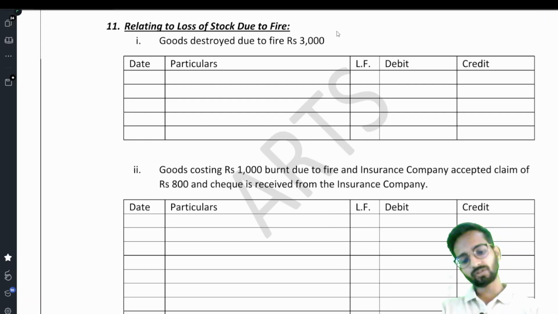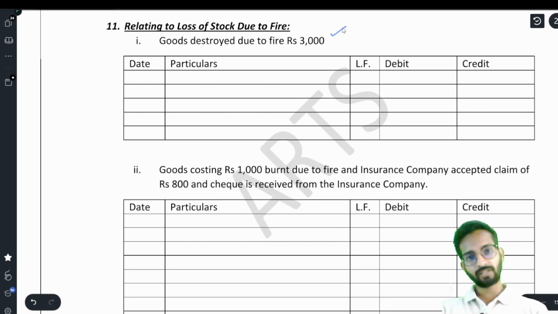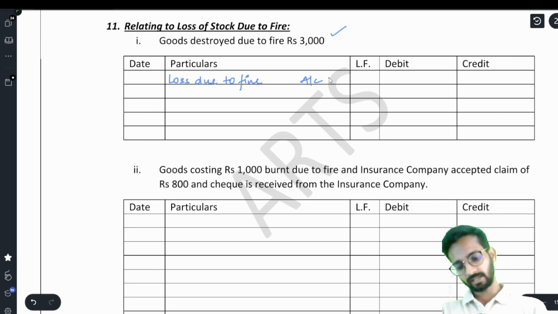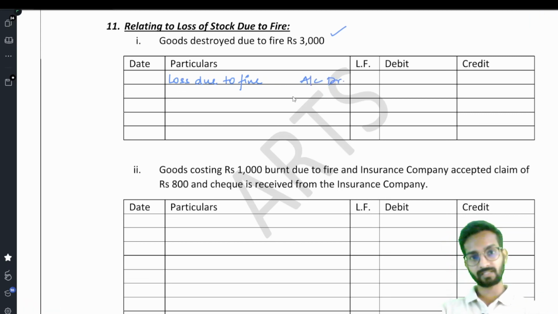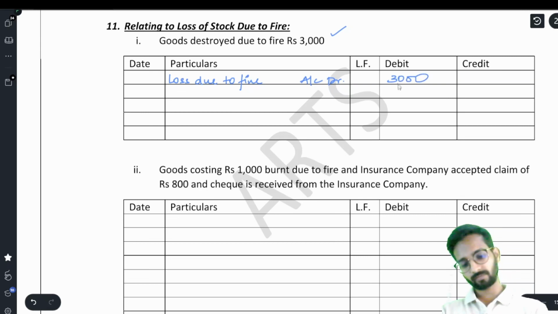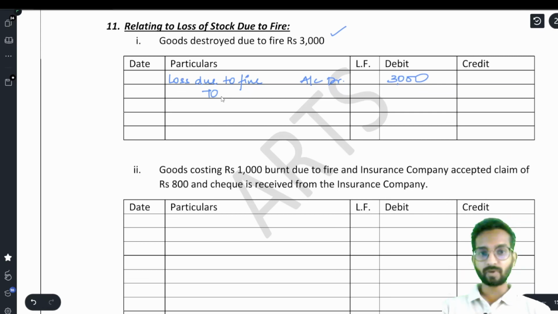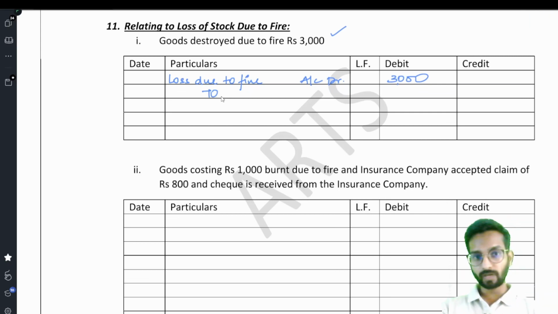See, we know that it is a loss of ours. We have lost the goods and we will write here loss due to fire account debit. Why are we debiting loss? Remember, asset, expenses, losses, drawings are always debited. Loss due to fire account debit 3000, and then to goods are burnt, so the goods account will reduce, and